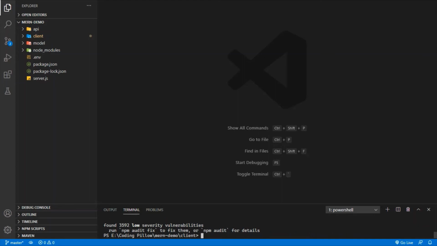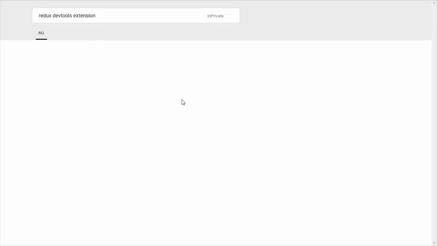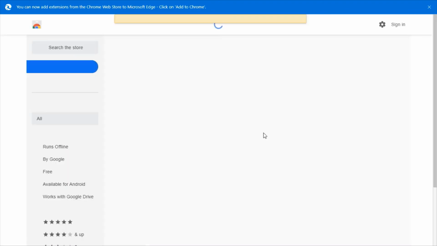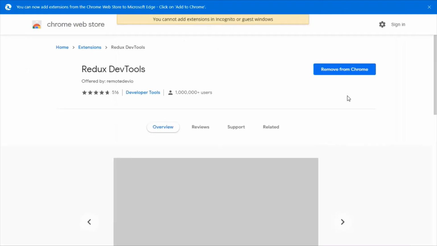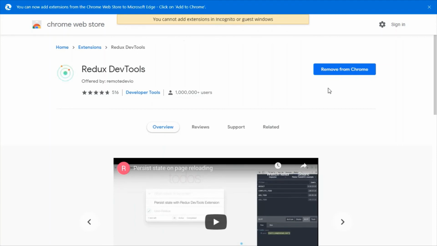So now we have to install one extension in our browser. So hi guys, we are in the browser, and for the Redux DevTools, you have to search for it, Redux DevTools extension. And then you will see a bunch of results for Mozilla, for Chrome, and as I am using a Chromium based browser, I am going to use the Chrome one. And I have already installed it, that's why you are seeing this. And in your case, if you haven't installed this, you will see an install button and you have to install this. So that is it guys.